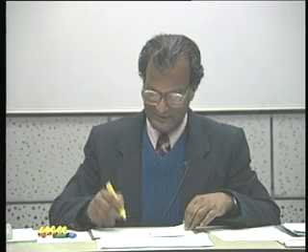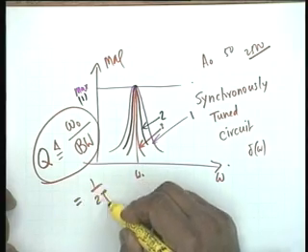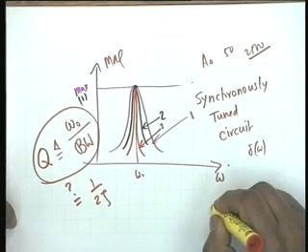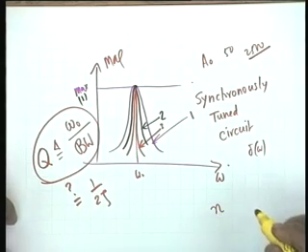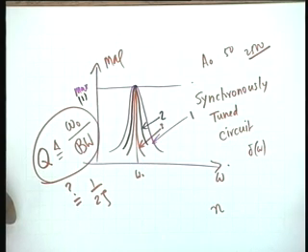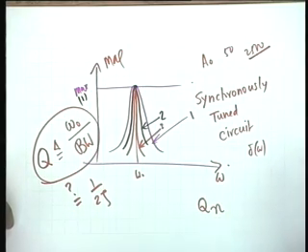Alright, let me set for you two problems. One is to show that in a high Q single tuned circuit, if you define Q like this, it is equal to 1 over 2 zeta. Second question: if n number of such circuits are synchronously tuned and cascaded, that is, they have the same resonance frequency, identical tuned circuits cascaded together, what is the resulting Q? Would it increase or decrease?